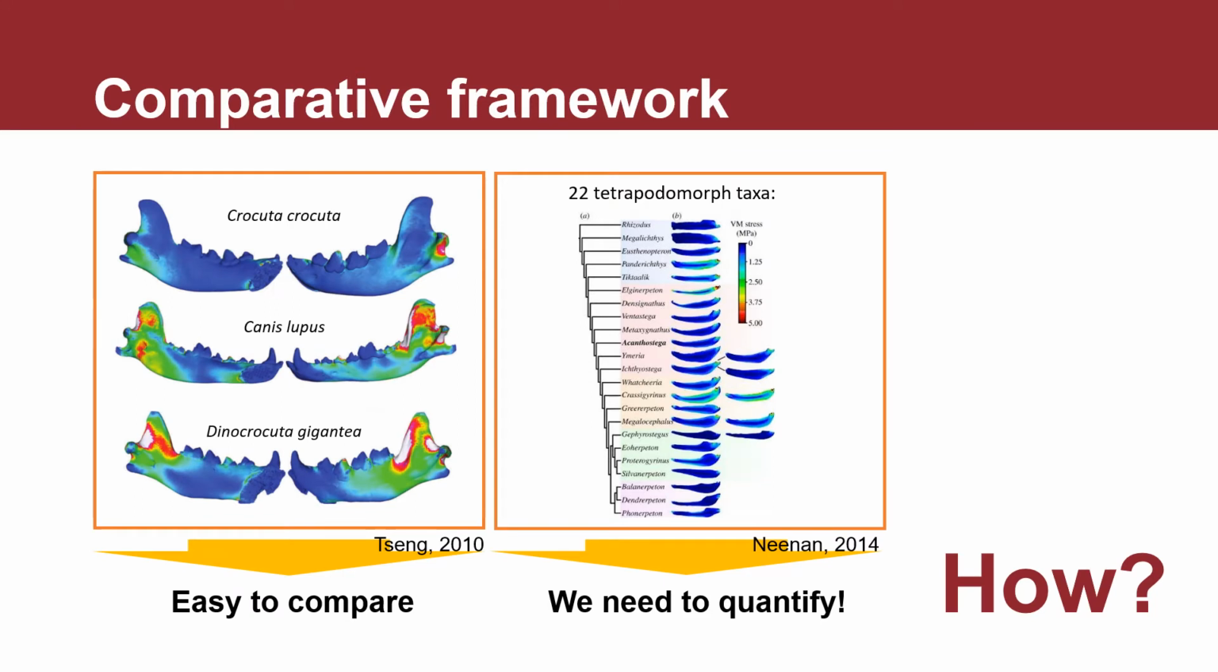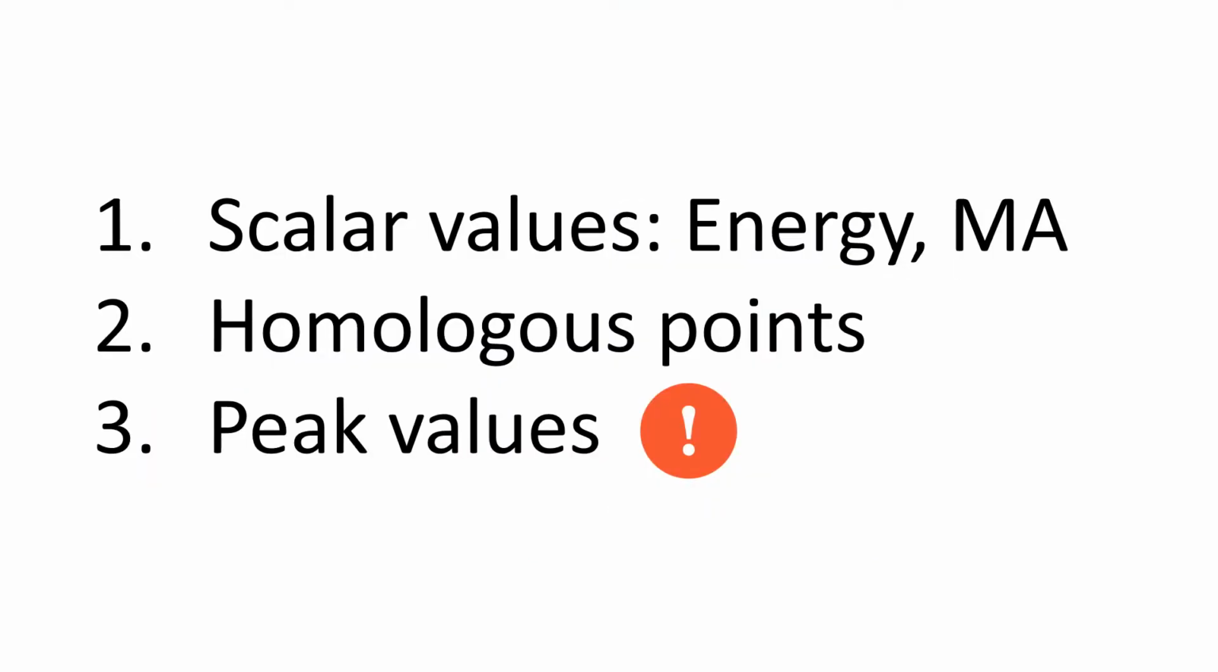In FEA, it is easy to compare the obtained maps of distribution of stress and strain qualitatively when we have few models. But when we have a broad number of models, we need to quantify. Usually, we can quantify the results using scalar values, like, for example, energy or mechanical advantage, or the results in homologous points, so we can select different points and evaluate the results between models, or we can use the peak values. But peak values can be very dangerous because they do not reflect realistic results, so it is something that